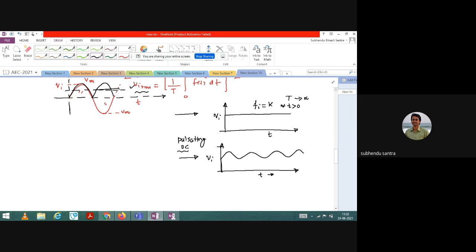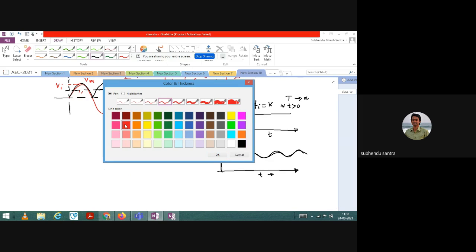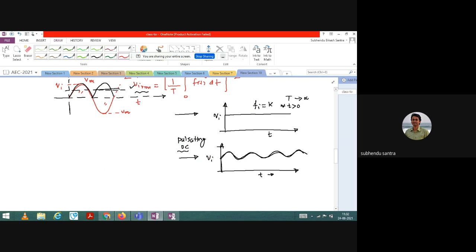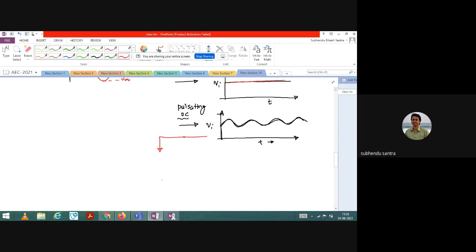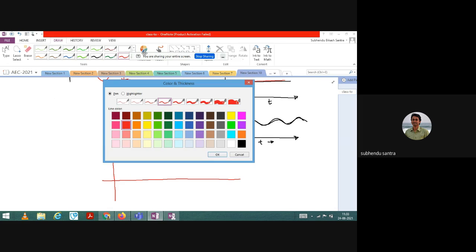It is DC but pulsating because it has some AC component present in that signal. It is a DC signal but some AC component is there. Now, it is very important, because practically all the output voltage whatever you will get is generally like that. You never get the ideal one, okay? Now if you decompose it, decompose means if you investigate this signal, what output you will get. So you can decompose like this.